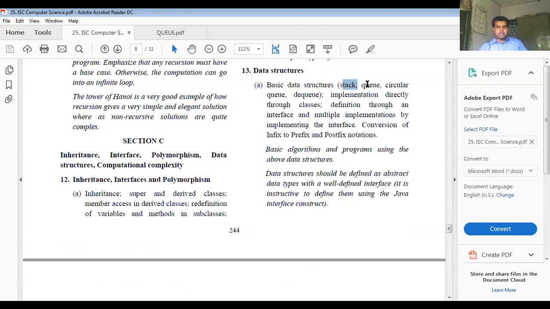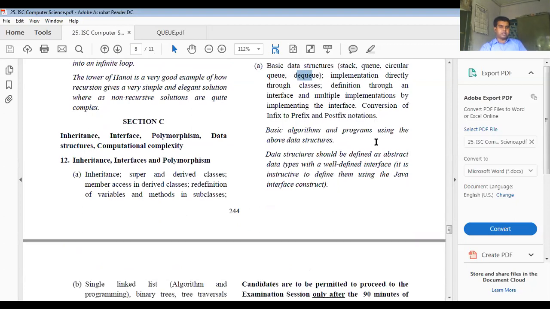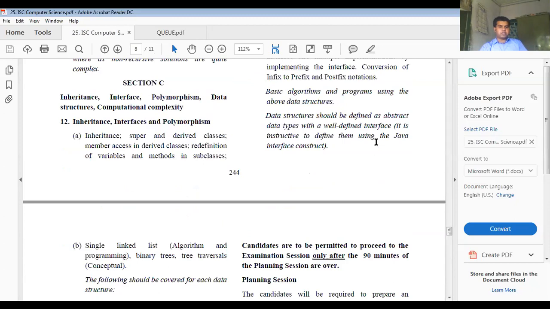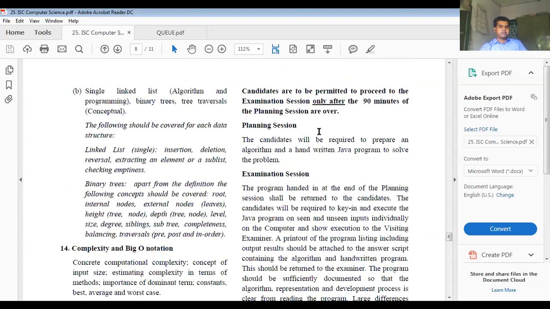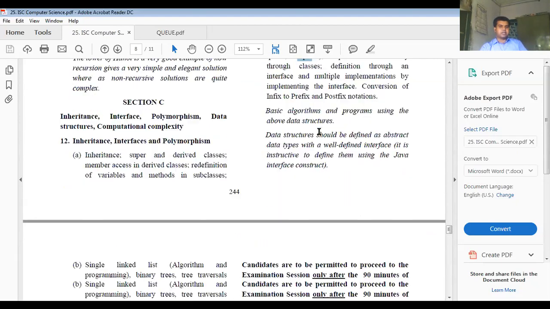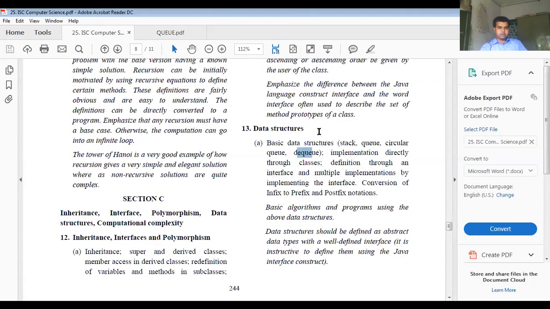Stack we have completed, queue we have started off today, and you have a little bit of circular queue and DQ. Okay, so circular queue and DQ we will discuss in detail with the programming implementation. Okay, the conversion of infix, prefix, postfix we have already done. Okay, I'll try to post as many materials as possible. Okay, with this, once we complete it, we complete the data structure part. Okay, and then we will proceed towards some other topic.